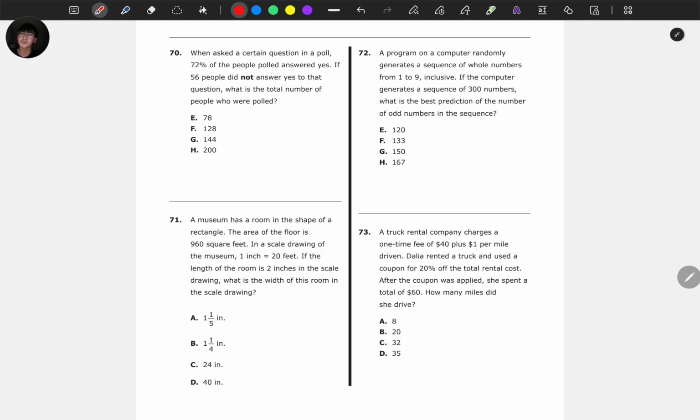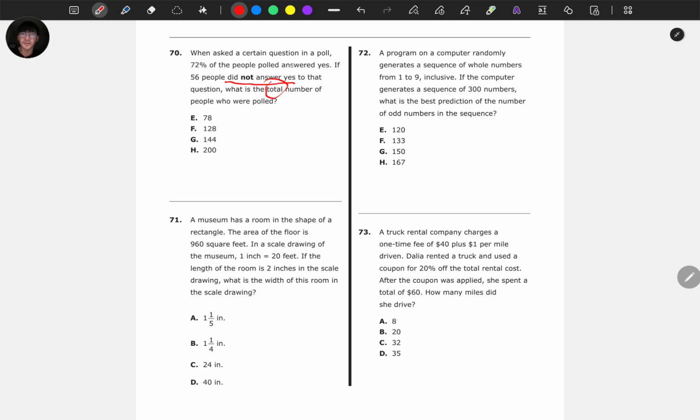Questions 70 through 76. Alright, so when asked a certain question in a poll, 72% of the people polled answered yes. If 56 people did not answer yes to that question, what is the total number of people who were polled? Okay, so